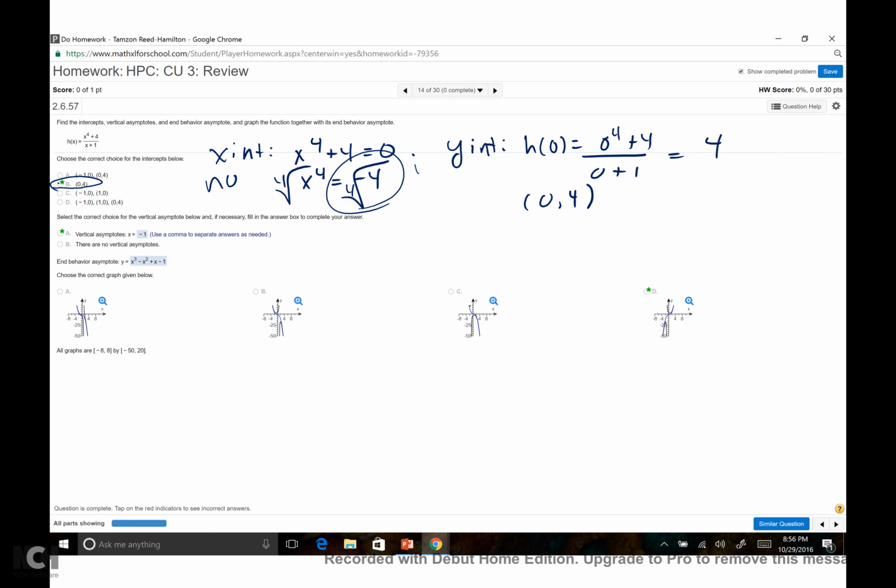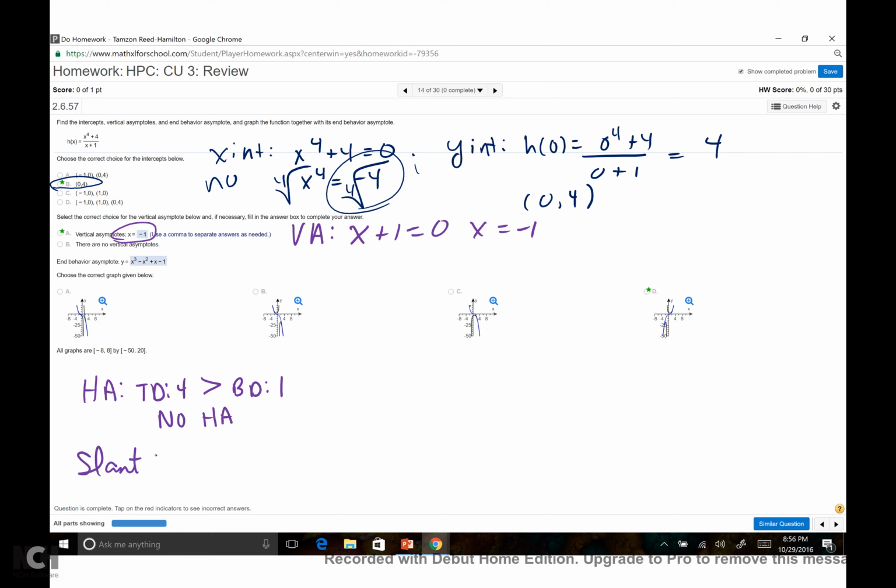Vertical asymptote. For vertical asymptotes, we set the denominator equal to 0, so x equals negative 1 is my vertical asymptote. For my horizontal asymptote, my top degree is 4, my bottom degree is 1. Top degree is bigger than bottom, so there's no horizontal asymptote, which means there's going to be a slant asymptote, and the way you find it is